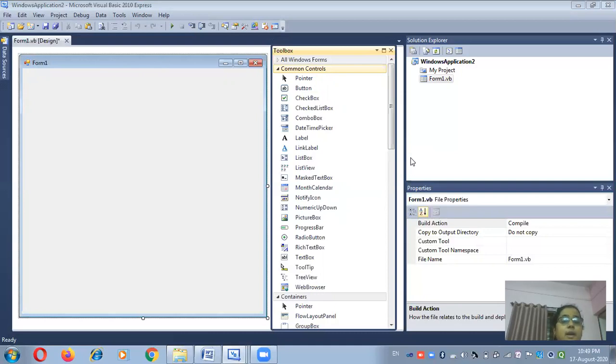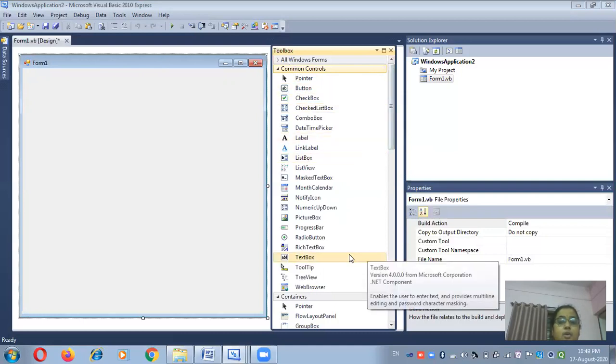In a similar way, we have to use these controls, which are called common controls. Why is it called a common control? Because whenever you open Visual Basic, the controls which automatically appear in the toolbox are called intrinsic controls.